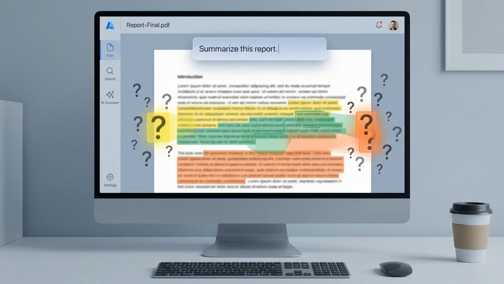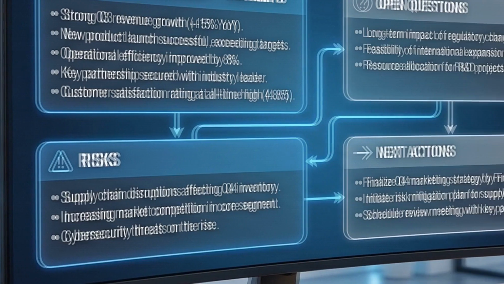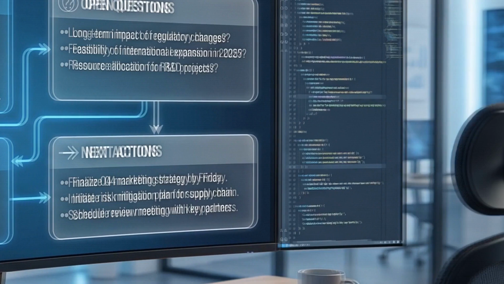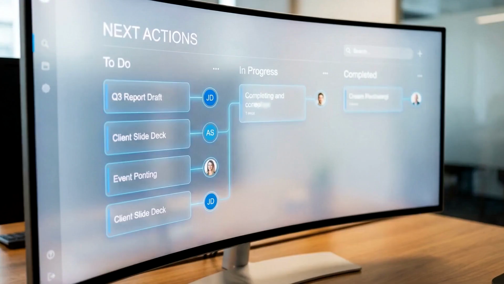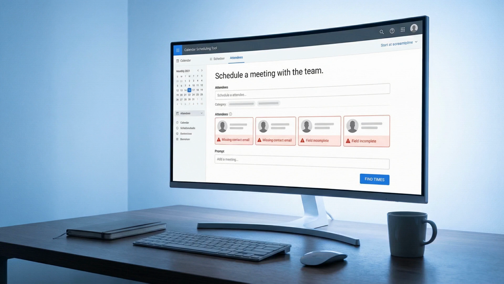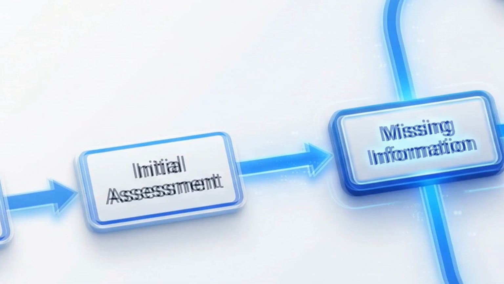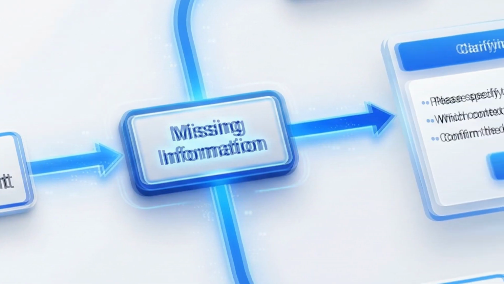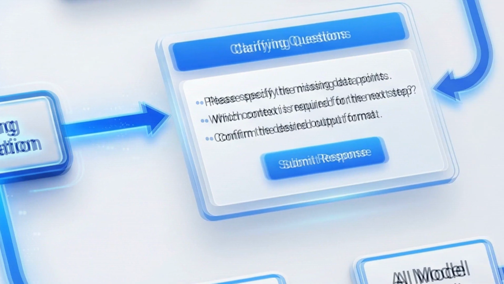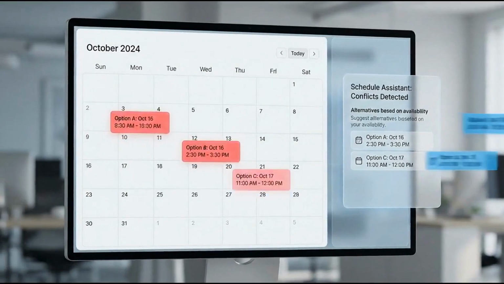Summarize this report. Produces whatever the agent decides is relevant. A well-structured version requires a 5-bullet executive summary, a risks section, open questions, and next actions with named owners. Example 3. Schedule a meeting with the team. Will fail silently when attendee emails are missing. A well-structured version instructs the agent to ask before proceeding if any information is absent, and to propose 3 alternatives